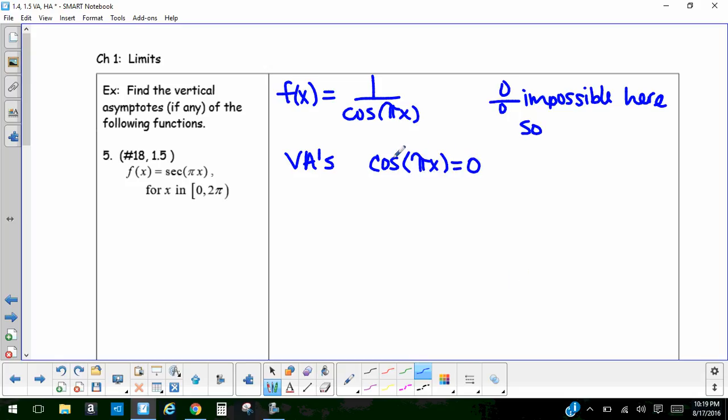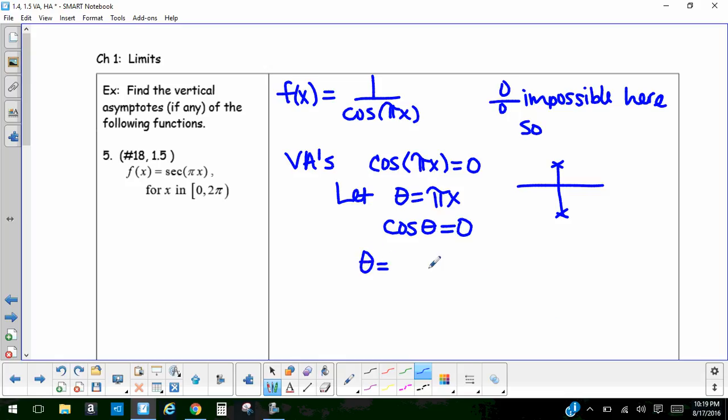We're going to make a substitution to help us deal with this pi, with this stretching and shrinking idea. Because we're dealing with trig, a common substitution would be theta. Let theta be pi x. Then we're really just going to try to solve when cosine of theta equals 0, and think about that on our unit circle. Cosine is our first coordinate, the x coordinate. The x coordinate is 0 when I'm up here at pi over 2 and when I'm down here at 3 pi over 2. So whenever theta is pi over 2 or 3 pi over 2,